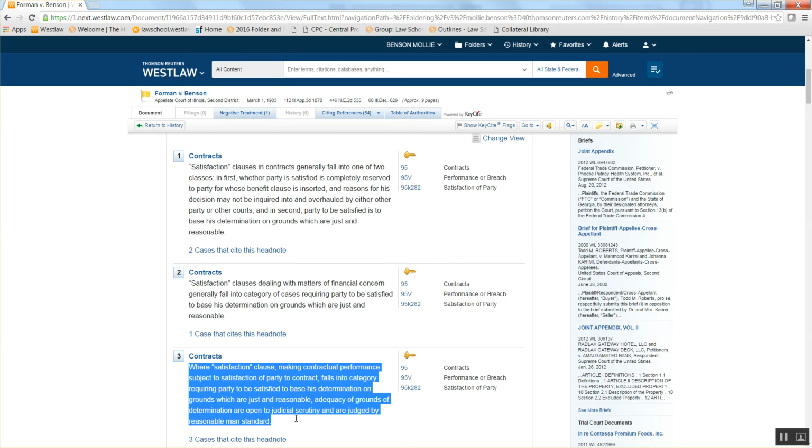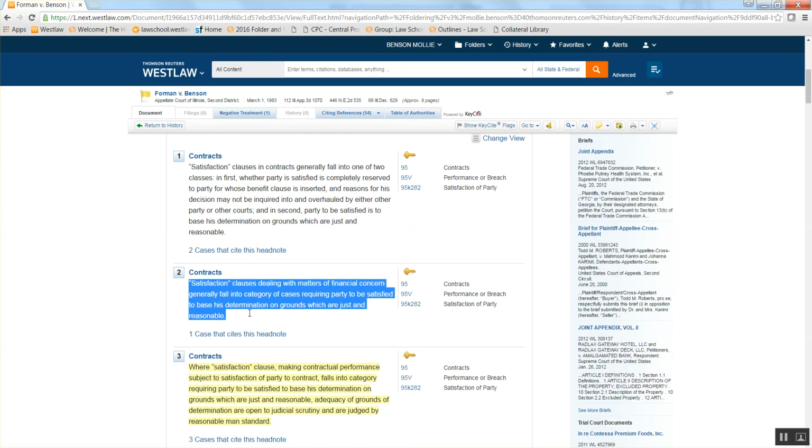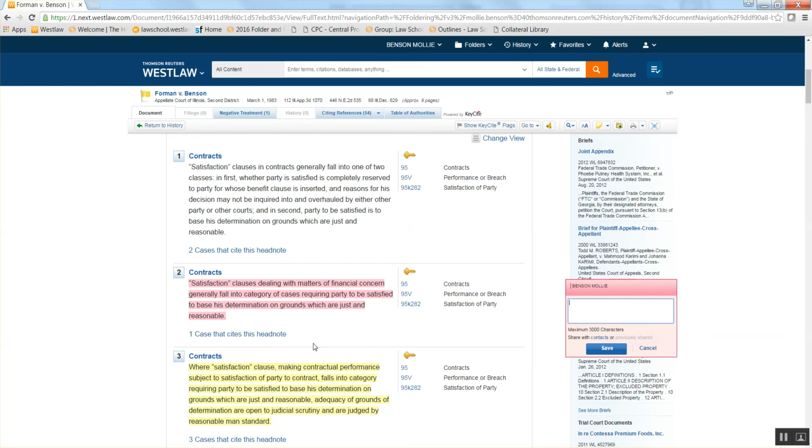You can highlight a particular part of a case or a headnote and add a highlight for language you like. In addition, you can highlight another portion of the case and add a note to remind you why you highlighted that language. For example, with headnote number 2, we may say, "This led me to an Alaska